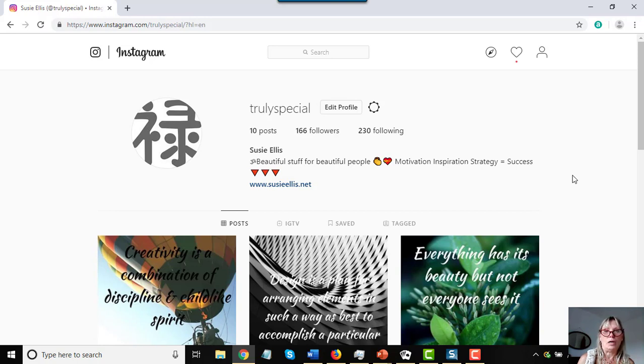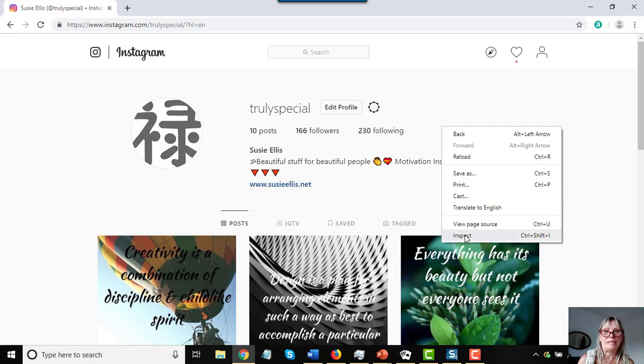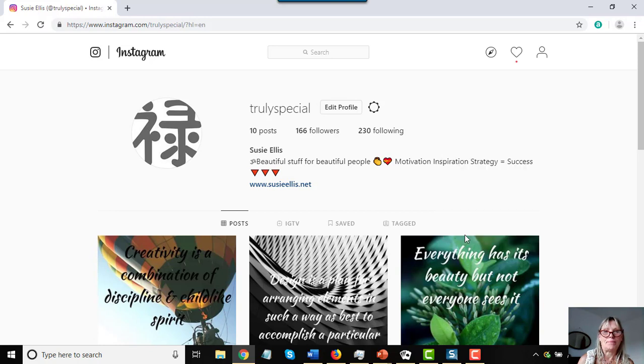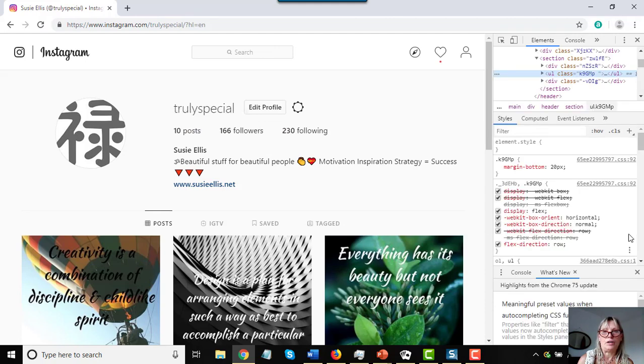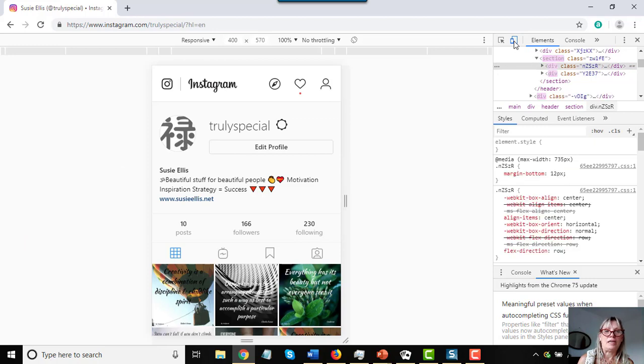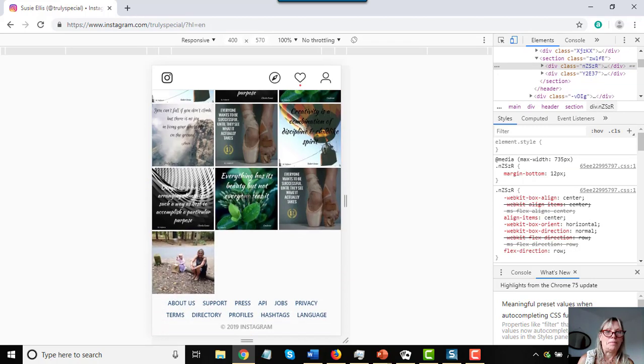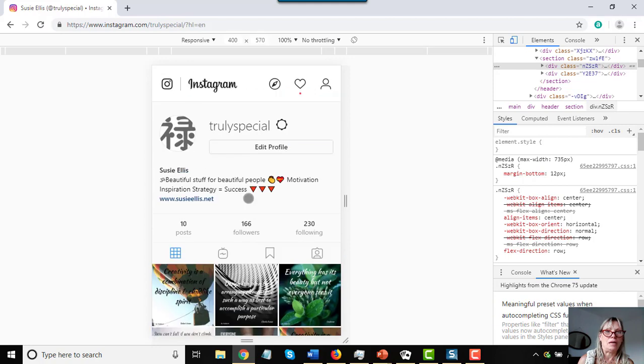So what we do is we right click anywhere and click inspect. And don't worry about all the code that comes up. Go here to toggle device toolbar, click it once and it will come up as if it looks like a mobile phone, but there's still nowhere to add a new picture. So what we do is we hit refresh